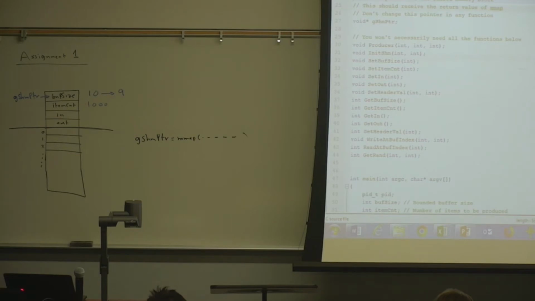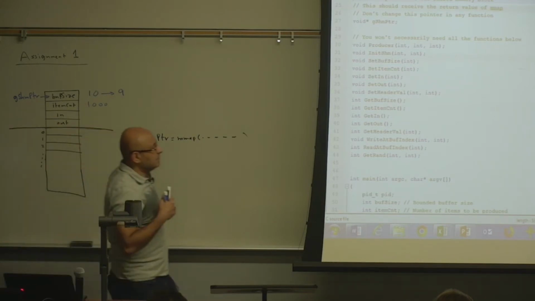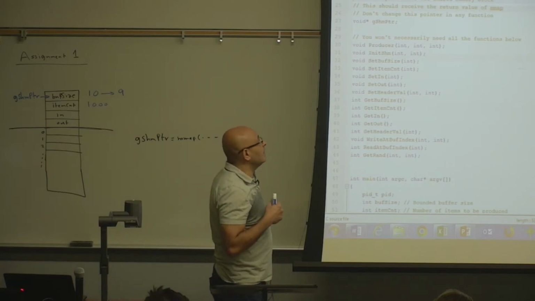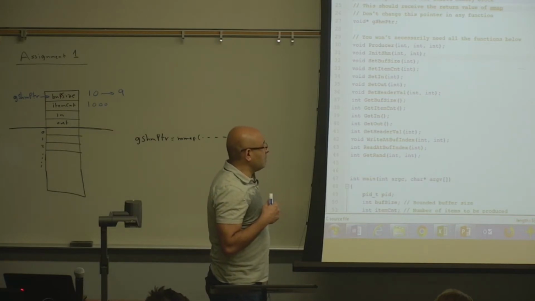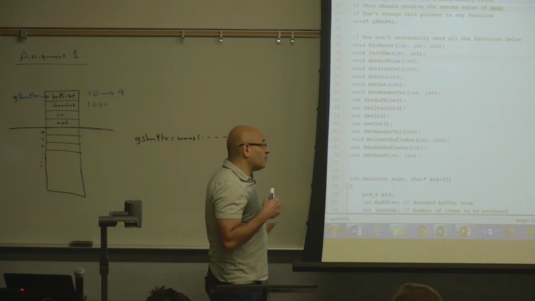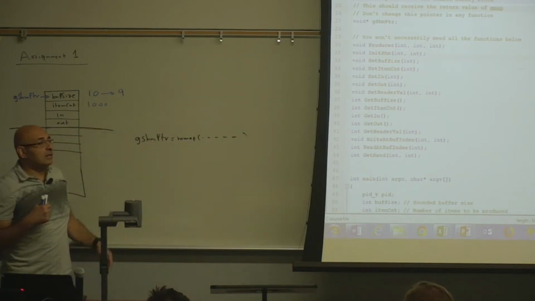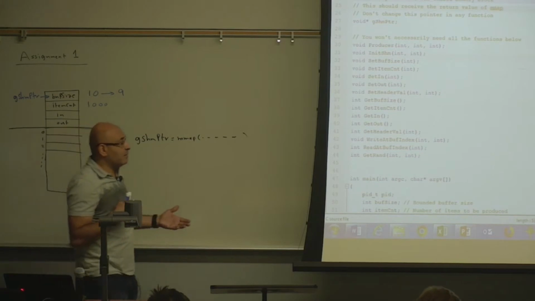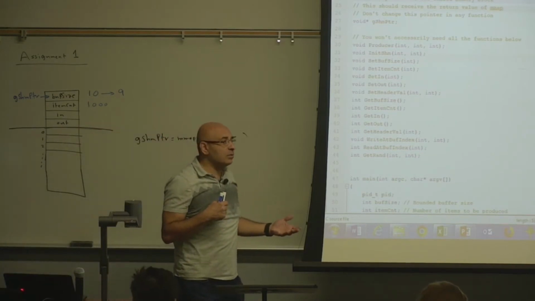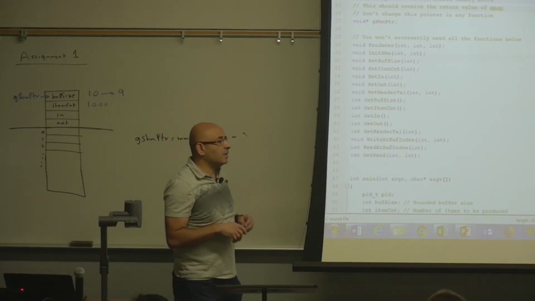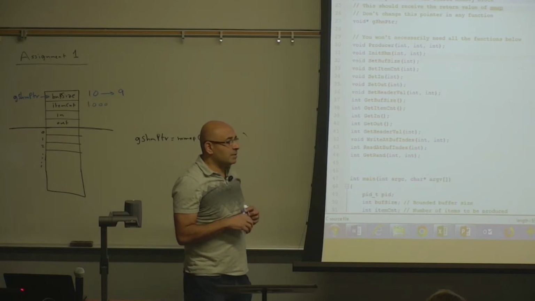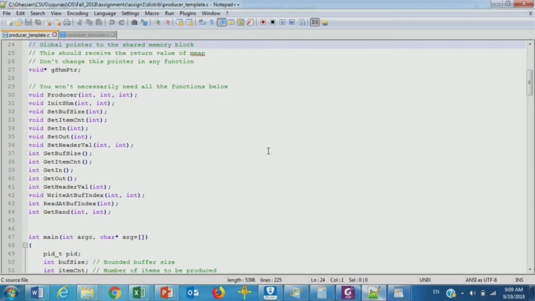Okay, gotcha. We're not gonna test your program using a buffer size of 0 or 1. Well, that's a corner case that a good program should check for and reject. So if the buffer size is less than 2, then you should reject that. But we're not gonna test your program on this. Okay.